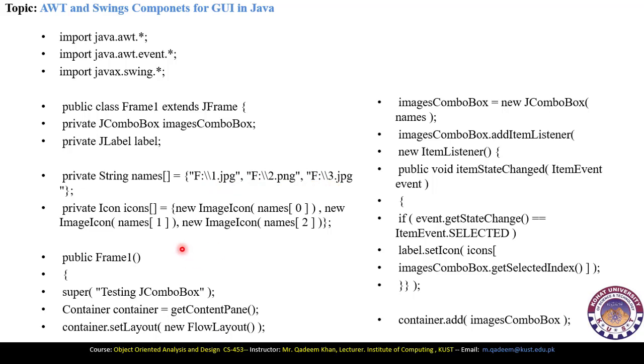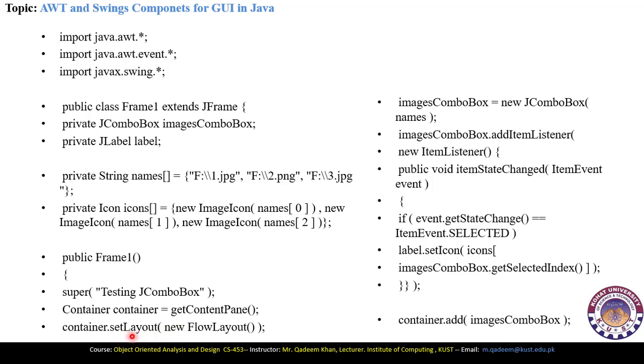with the extension. Here is the constructor of this class Frame1, and super("Testing JComboBox") is in fact setting the title of the window. So the title of the window will be Testing JComboBox. Next is the container. Container gets content pane. Container defines the area where all these components will be placed,